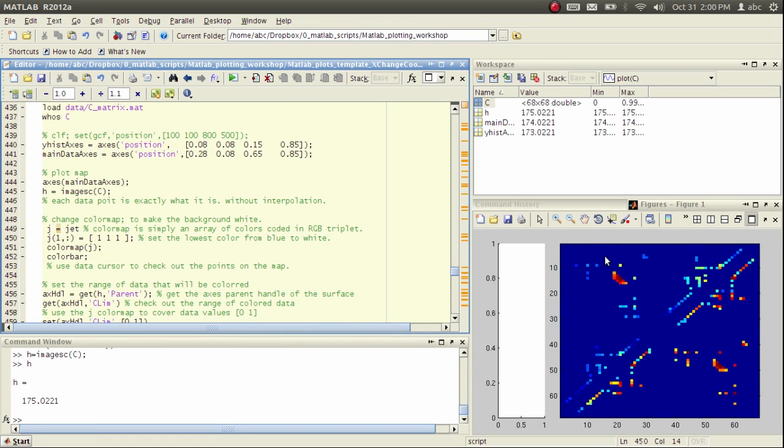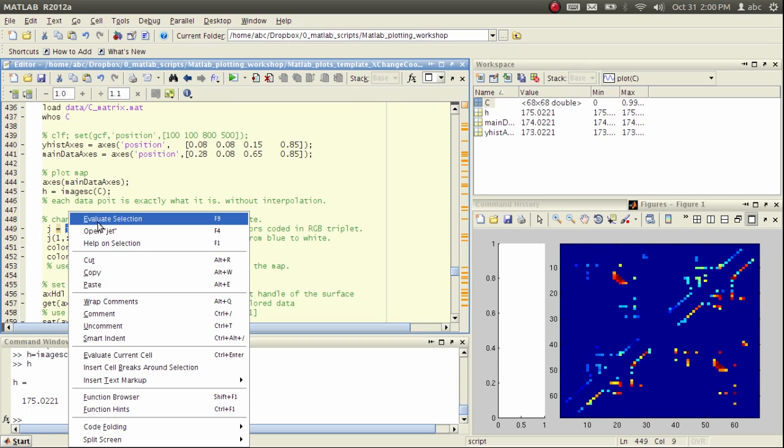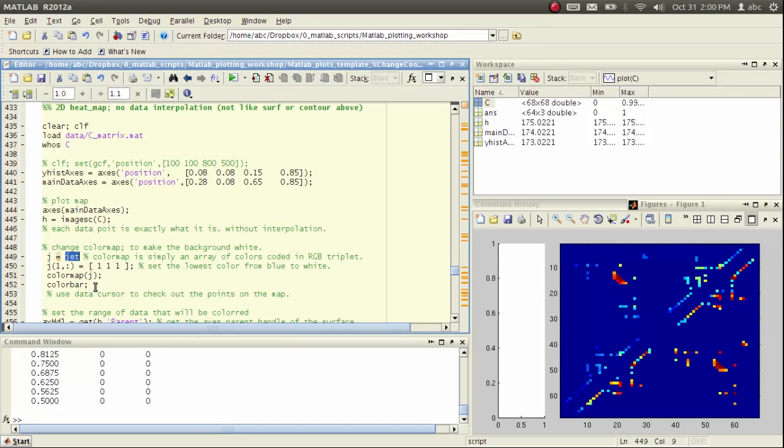Now we see that the blank zero zones of the matrix are colored blue because the default color map is jet, and jet is nothing but an array of colors, encoded by the RGB coding method. If I evaluate jet, you can see the feedback is a